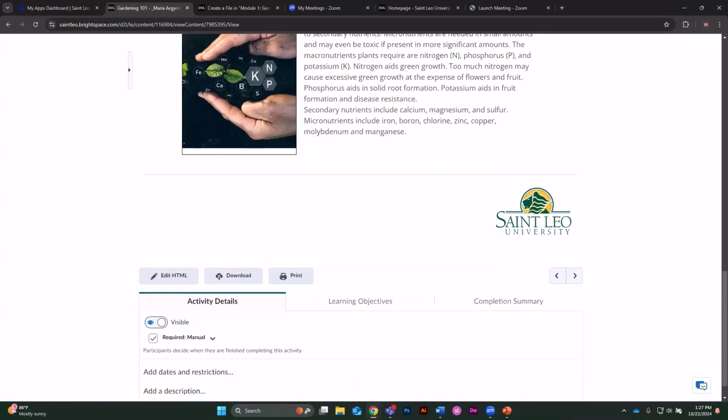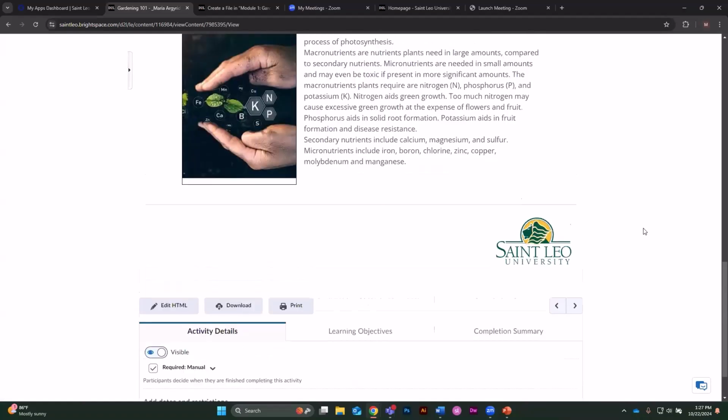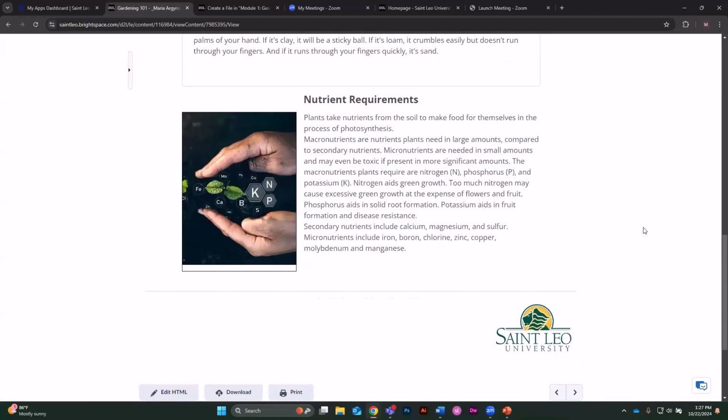By following the steps, you can have a well-organized module in D2L, allowing your students to access course material and activities and resources in a structured manner. And that is all for